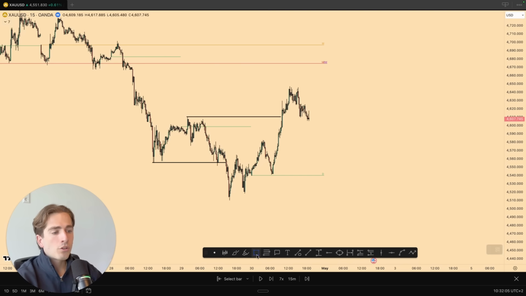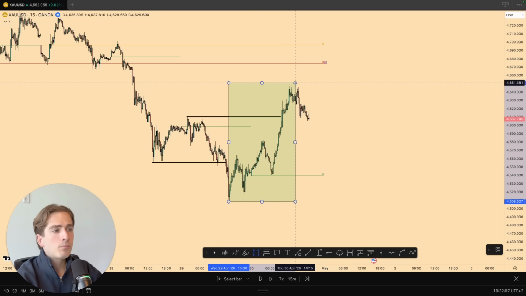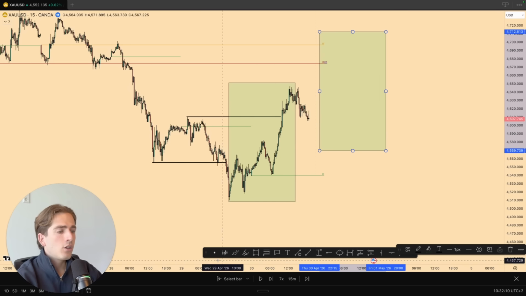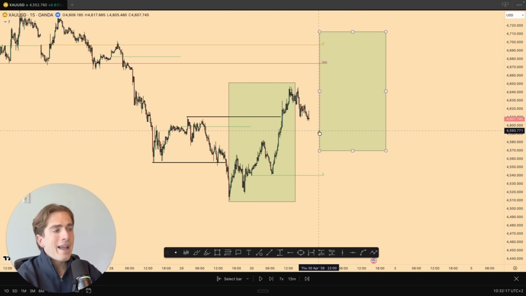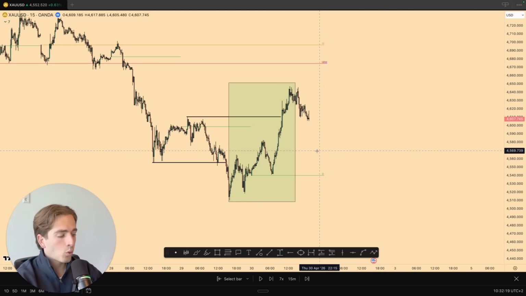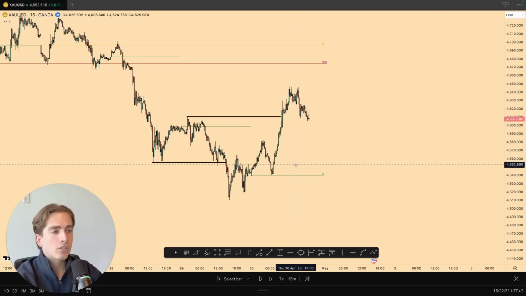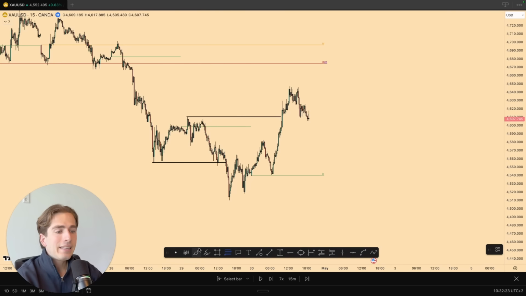So ultimately what you're looking at now is a continuation play further in towards the highs, where the 15-minute time frame would ultimately be bullish, right? You see the push up, the pullback, and now you're looking for the next push up. However, there is actually a short position to be taken here on the 50-minute time frame of gold. And the reason for that is the third piece of